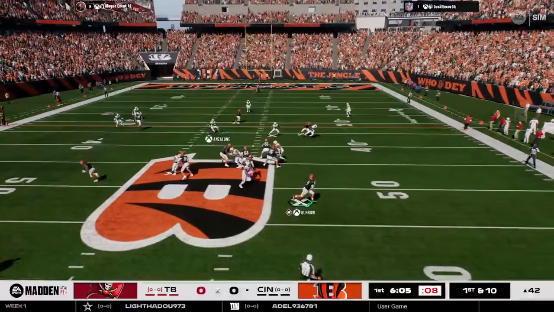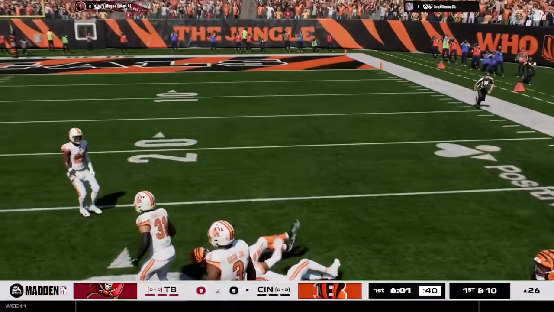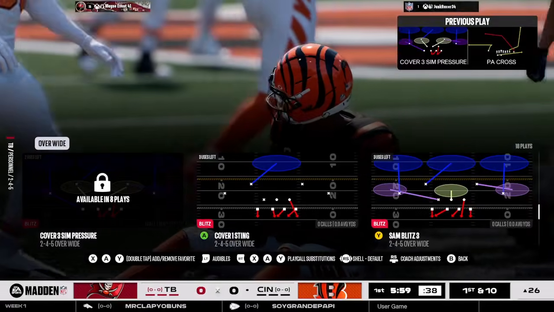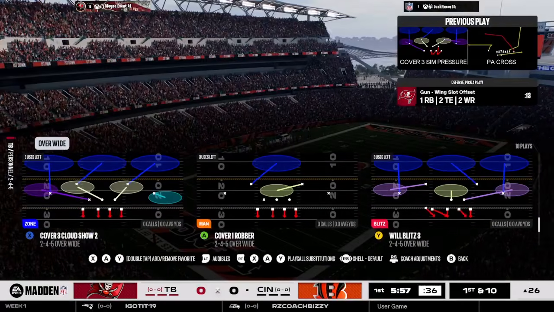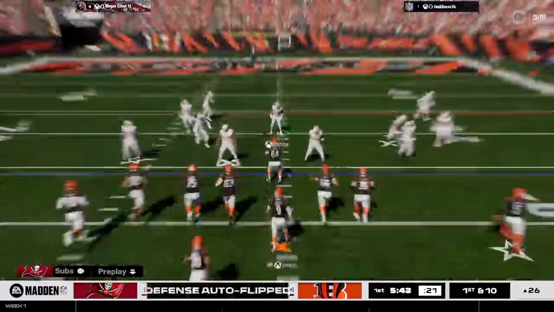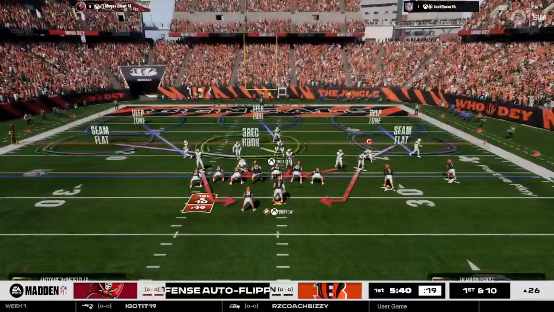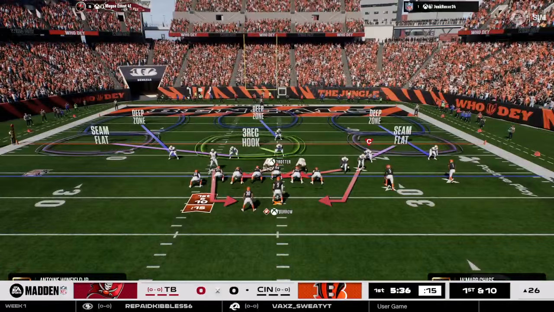Off the play fake, here's Burrow. Moving outside the pocket, escaping the danger, throwing and completing. First catch for him on this new season, and it results in a first down. Ja'Marr Chase. Mike, when you look across the league, not only clearly one of the best wide receivers, I think